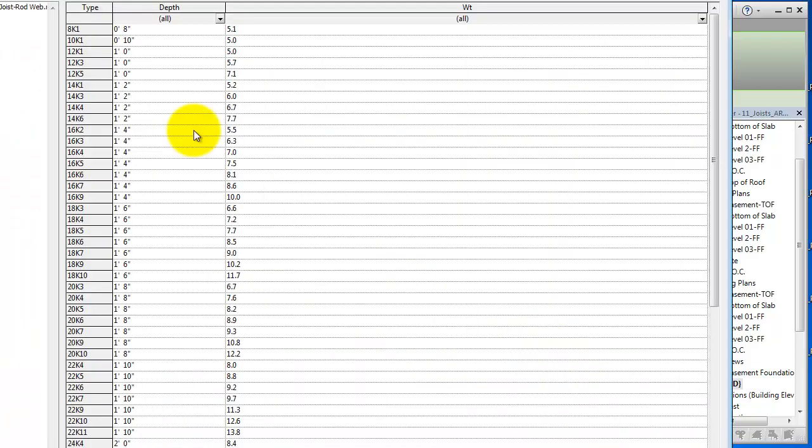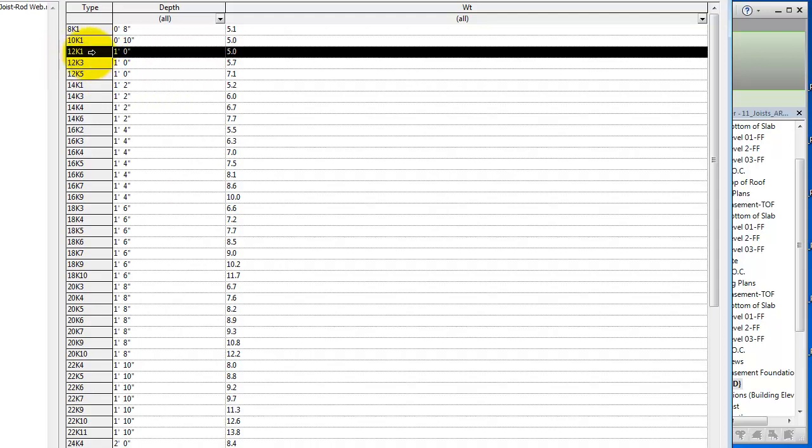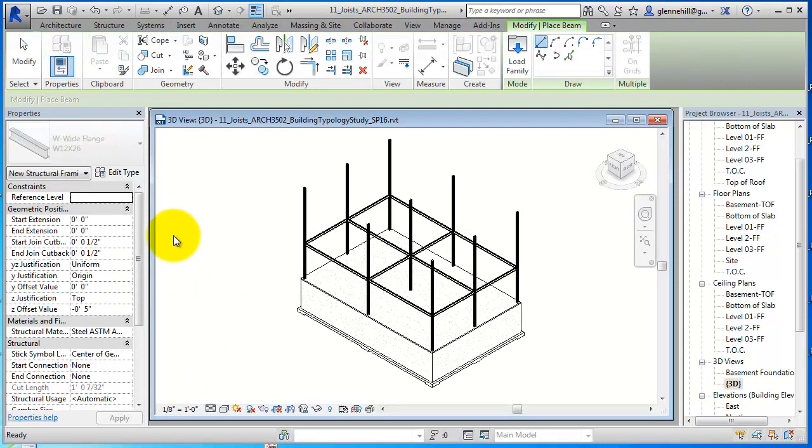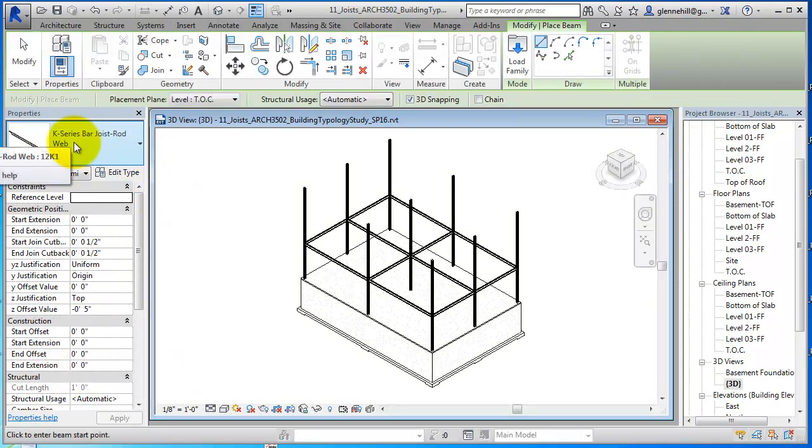And we're going to open this up, and we're going to see a whole bunch of different lengths here. And what we're going to do is select one at about a 12-inch depth. Once again, you can go to your engineer, and he'll give you an idea of maybe what that depth should be. But I'm going to select 12 in this case. And we're going to load that in, and voila, there it is. Now to put these bar joists in, the easiest way is to do that from a plan. So let's